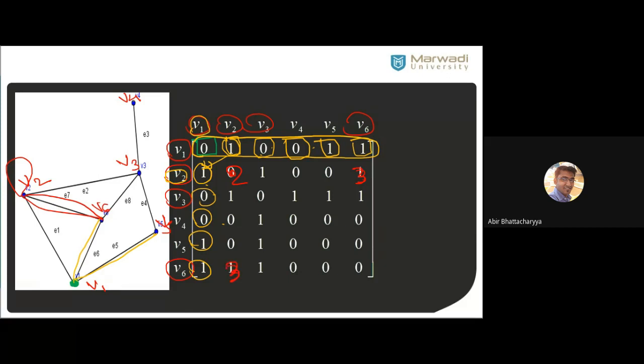All right, depending on the parallel edges and the self loops. A self loop will always be on the diagonal, and the diagonal element is 2, not 1. And for the number of parallel edges, just count it. Yeah, it's related to the degree of the vertex. Yes, correct.